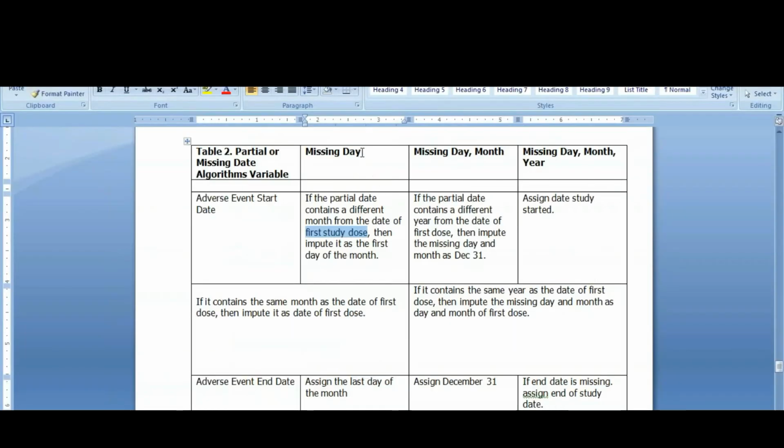So how to handle this missing day? What rule did they mention? If the partial date contains a different month from the date of first study dose, then impute it as the first day of the month.